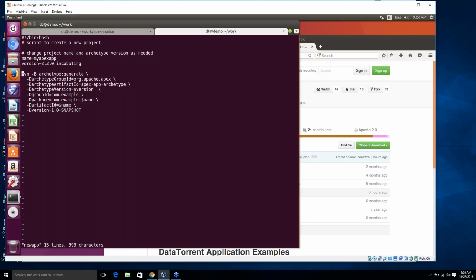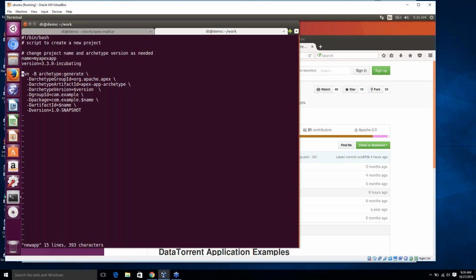With the appropriate parameters, when you run the archetype command, it will generate a whole new Maven project for you. That's pretty handy because the structure of directories that Maven expects, you don't have to remember it. It will automatically create it in the right form for you. And you can also have it populate that directory structure